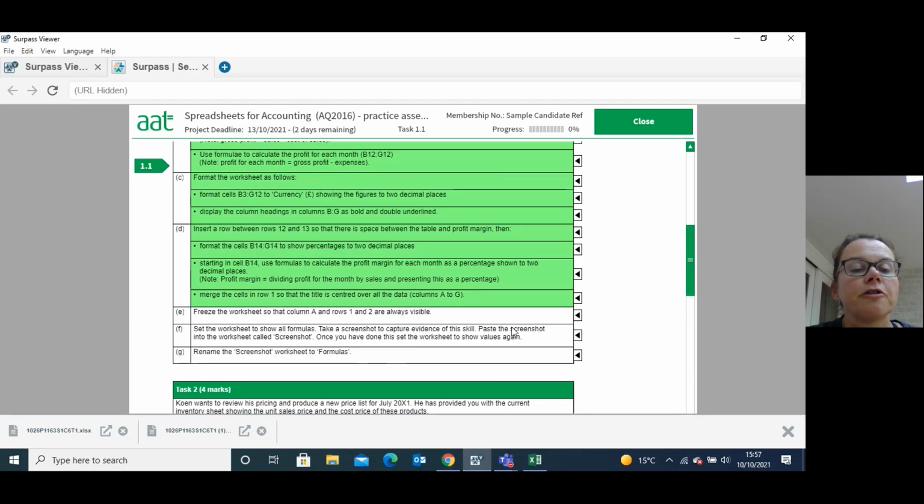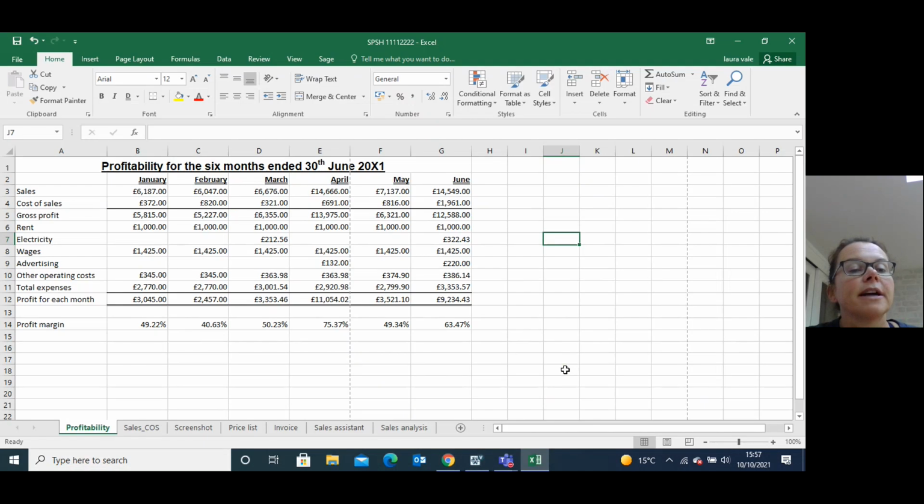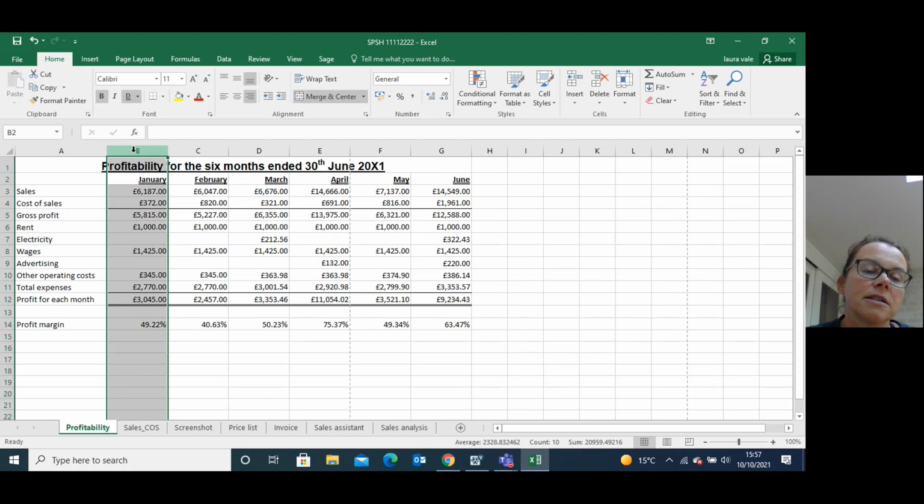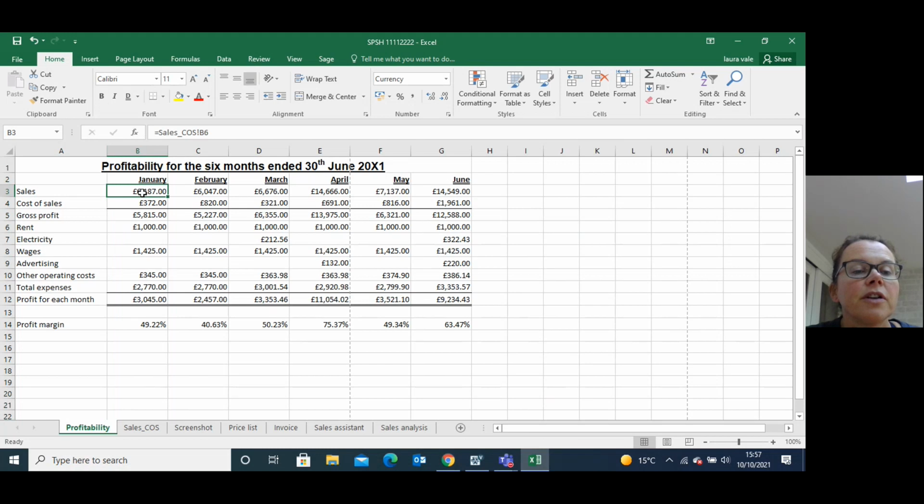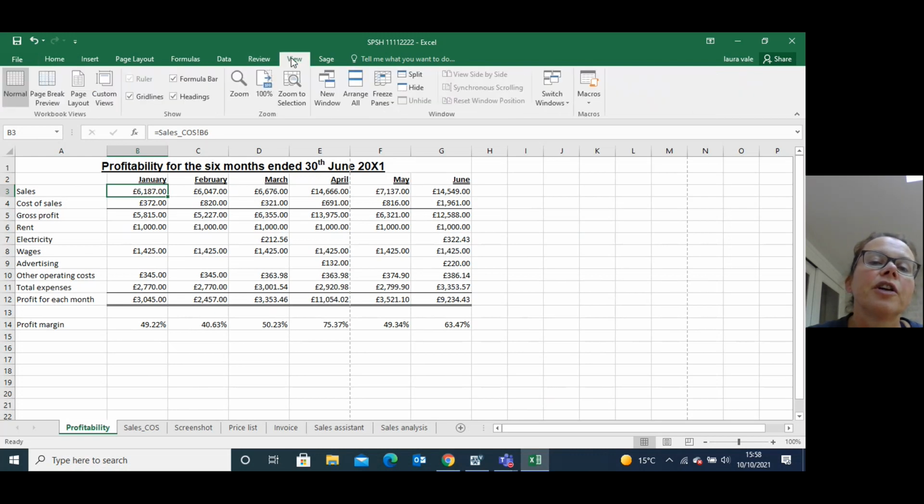Done. Freeze the worksheet so that column A and rows 1 and 2 are visible. Right, so if I want column A to be visible, and I didn't worry about the rows, I would just click here, which would freeze column A, but it's asked me to freeze column A and rows 1 and 2. So you click in the first cell that you want to move, if that makes sense. I'll show you how this works. So to freeze cells, you go to view and then freeze panes,